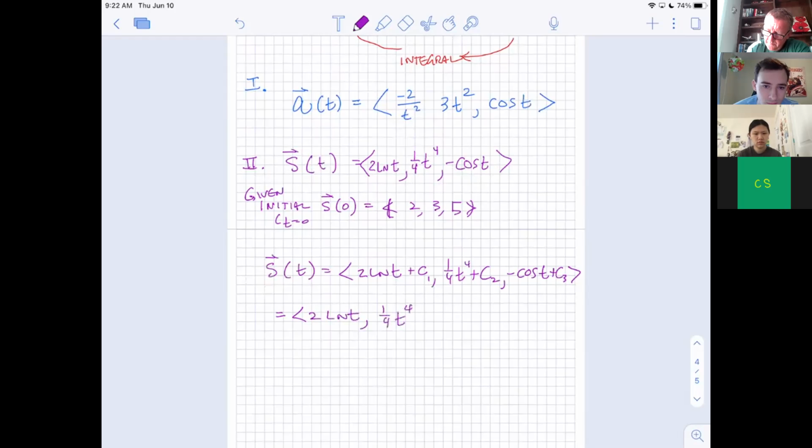Oh, so are you just saying those are our constants? Exactly. Okay. So it's actually plus an entire vector. Do you see what I'm saying? Like you're literally adding those points, kind of literally adding those individually to it. Yeah, for some reason I was thinking the whole thing only got one constant. So I wasn't thinking about 3 separate constants. So we wouldn't set then like the 2 natural log of t equal to 0 and all that other stuff. I mean, we wouldn't plug in 0 for those to figure out what our constants are. Yeah, you're exactly right. We're not quite done because